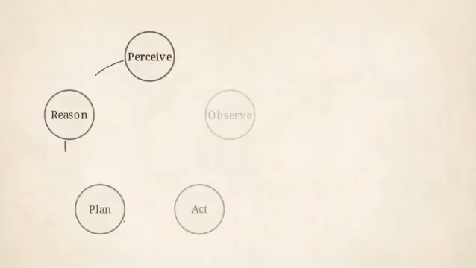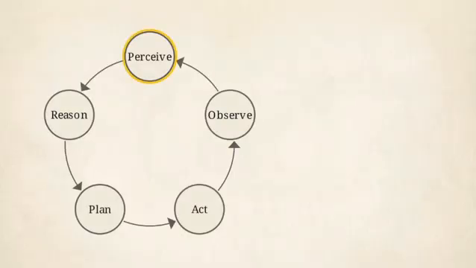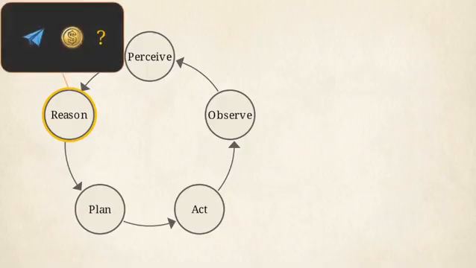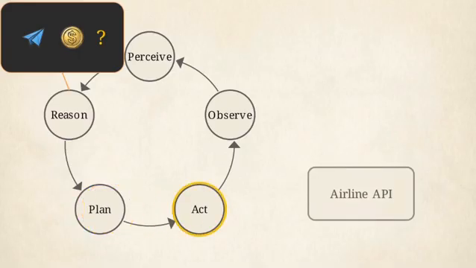Let's track that Tokyo flight request through the loop. In iteration 1, the agent reasons that it cannot book a flight without knowing the current prices. It acts by generating a search query and calls an external airline API. During the observe phase, the agent pulls that pricing data back into its active memory.